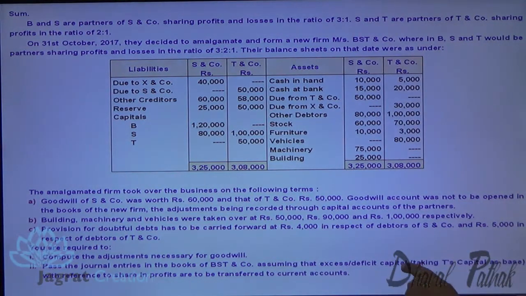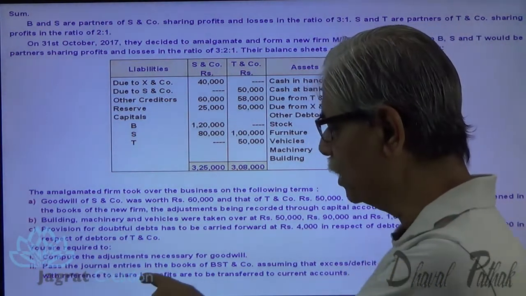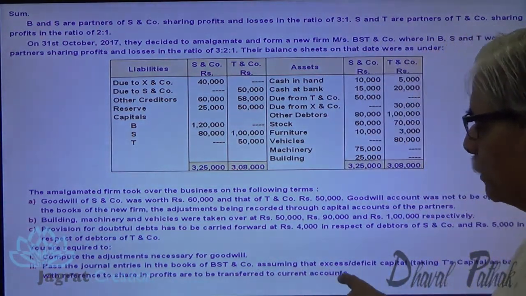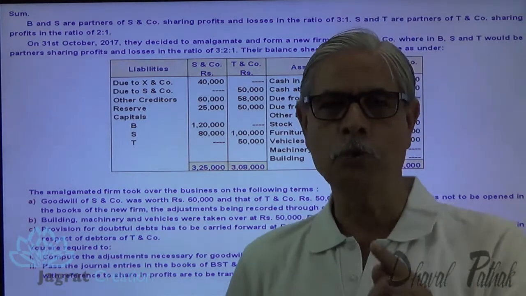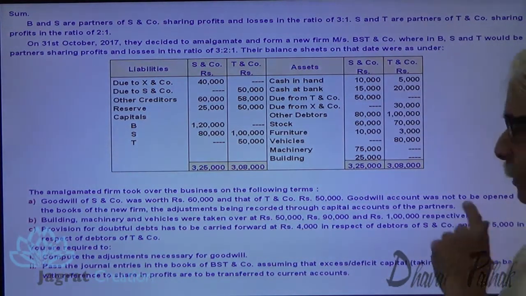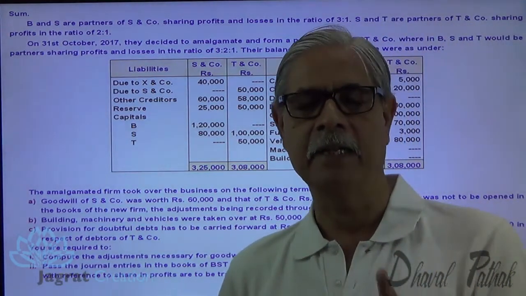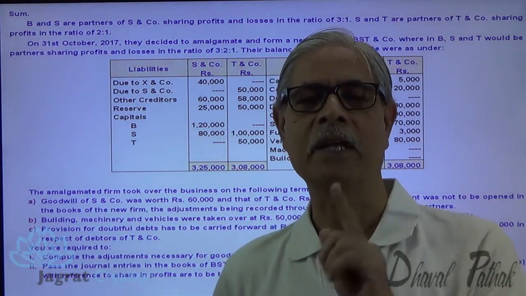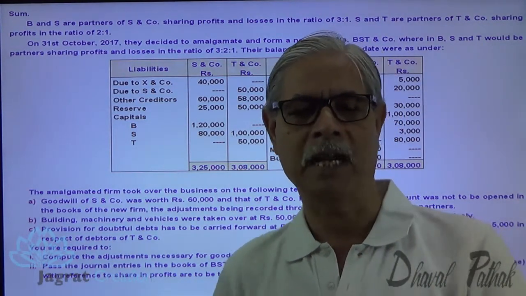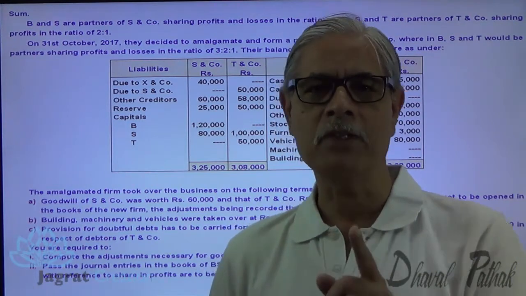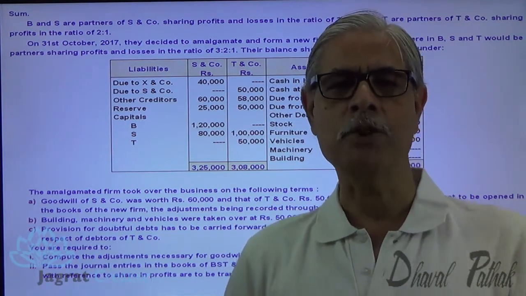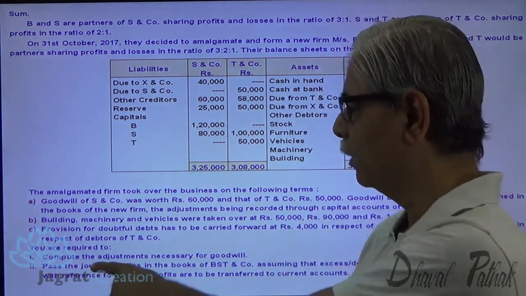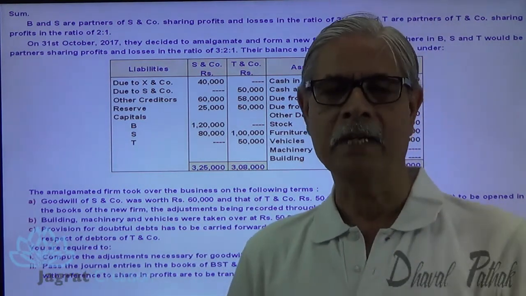Assuming that the excess and deficit capital, taking this capital as a base with reference to share in profit, is to be transferred to the current account. So in the new firm, this capital is to be taken as base. Capital has to be maintained in the profit sharing ratio. Excess or deficit capital of any partner will be transferred to his current account, but the fixed capital account will be maintained in the ratio of profit sharing. So you are required to write down journal entries in the books of